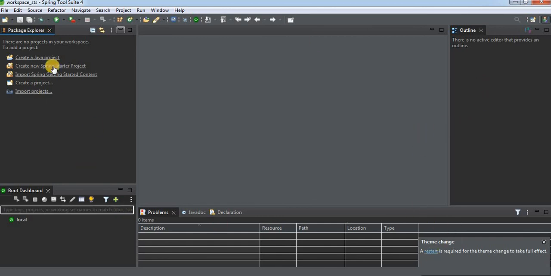This is the way, guys, that we can install the Spring Tool Suite on our machine, and we can start creating a Spring Boot project and start the development. So this is very simple and easy. Hope you understand the process, and the only thing you have to take care of is that your machine should have